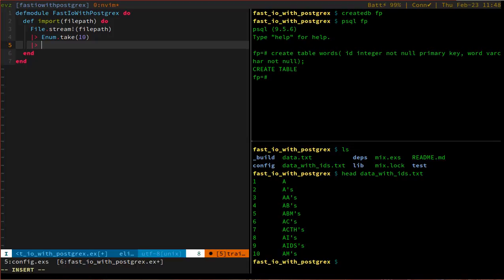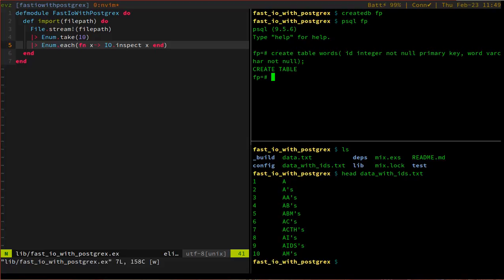One line each. Okay, so what I'm going to do here is I'm just going to say enum each, and I'm just going to print that out. So I'll just say IO.puts. Let's inspect this and see what happens. Okay, so now